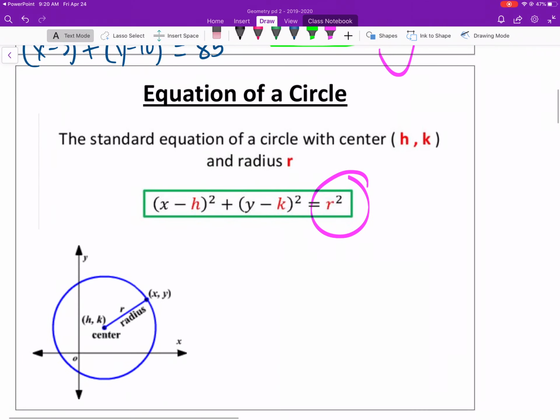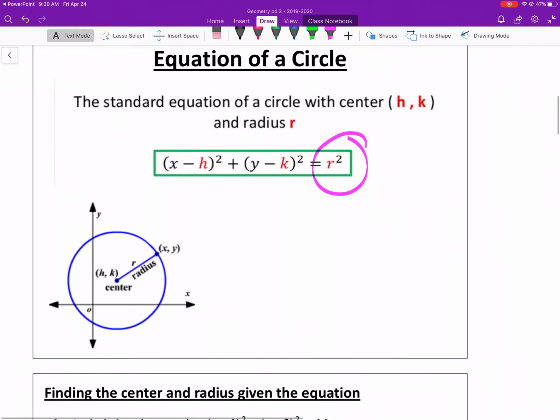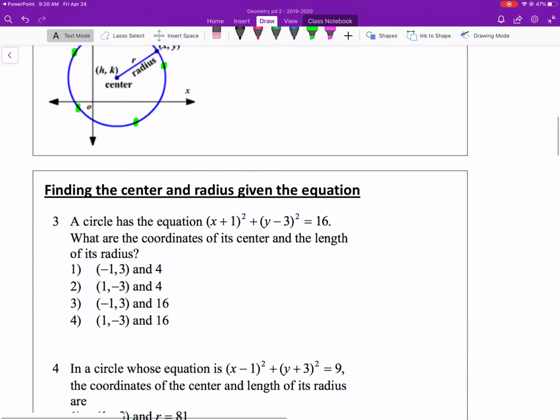All right, so we're going to get some extra practice today on this topic. Here's your equation of a circle formula: x minus h squared plus y minus k squared is equal to r squared. Remember, h, k is your center, r is of course your radius, and x, y is really any point around the circle. It could be that coordinate there, this point, this point, this point, any point around the circle that can be substituted in for x, y to satisfy the equation so that it's balanced and that one side is indeed equal to